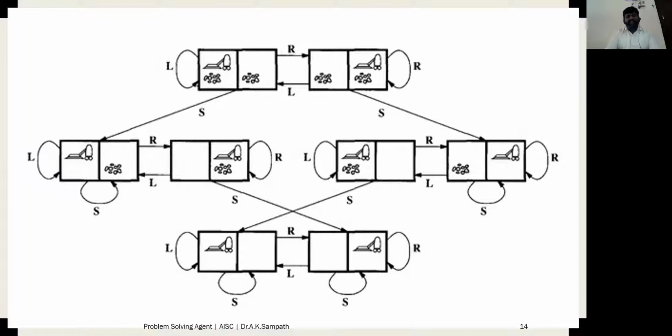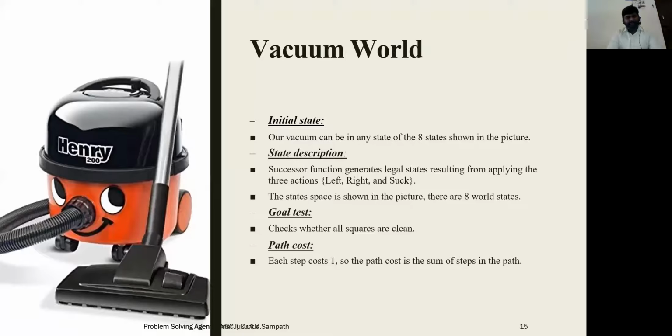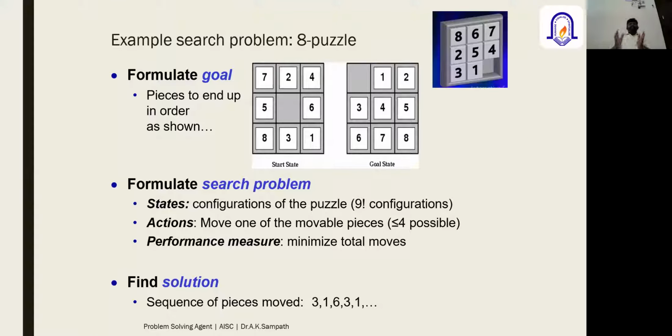Also, we discussed the vacuum cleaner example. There are two rooms, A and B, right? And there are multiple options and combinations. It may move from one room to the other room, left to right and right to left. If there is any dust particle present, it may clean. If there is no dust particle in both rooms, it does not perform any operations after every particular periodic time. So the vacuum cleaner has to move automatically from one room to the other, keep sensing whether any dust particle is present in the room, and if it is there, automatically start cleaning it. This is what we completely discussed in the last lecture also, right?